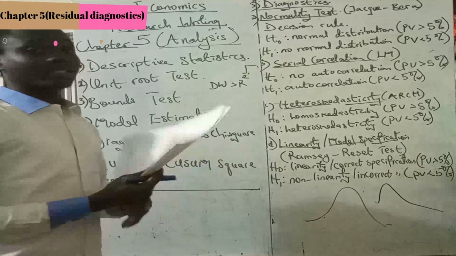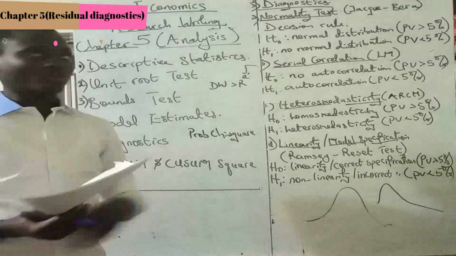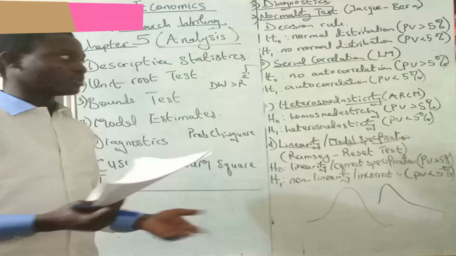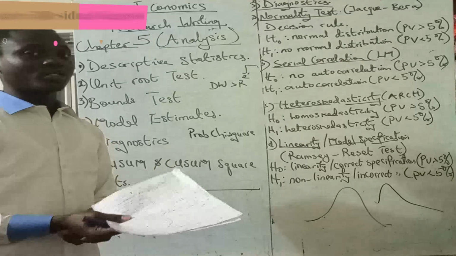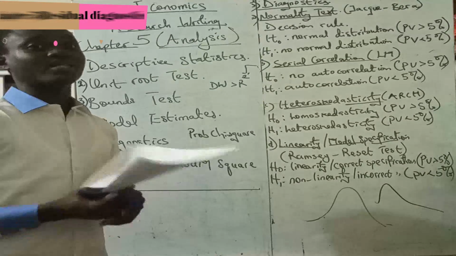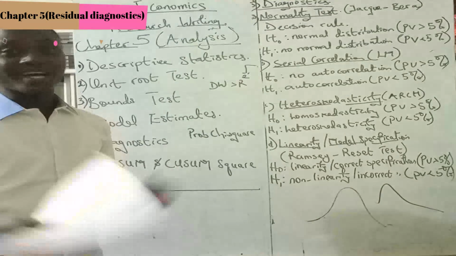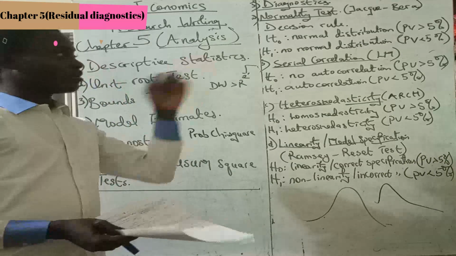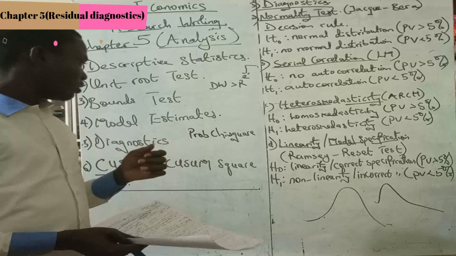Now for serial correlation, use your LM test. Use the Breusch-Godfrey LM test here. It's still under residual diagnostics. Your null hypothesis is that there is no autocorrelation of residuals, or no serial correlation of residuals, that residuals are not serially correlated. After you conduct your LM test, what you are looking for is